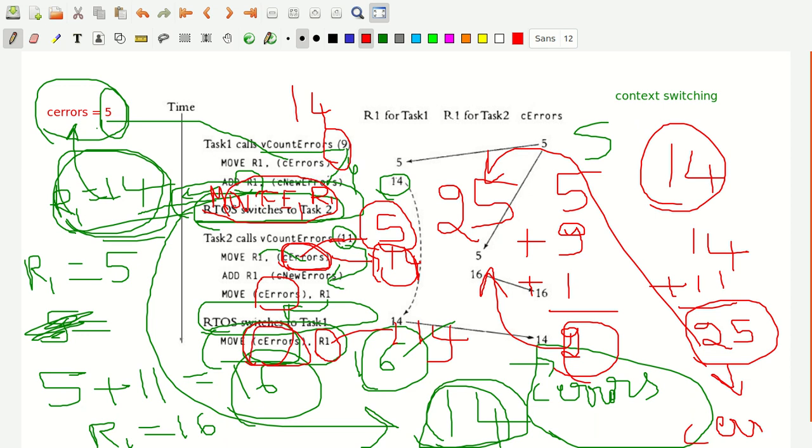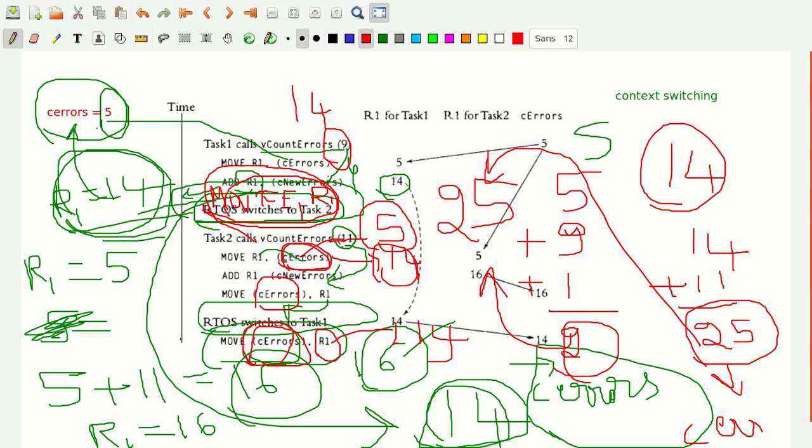So here the mistake was the non-completion of this statement. If that had completed, you would have updated the C errors value by adding the C errors plus new C errors, that is 14 plus again 11, you get 25.